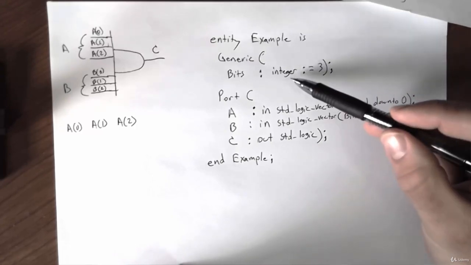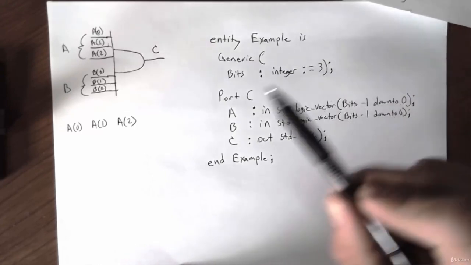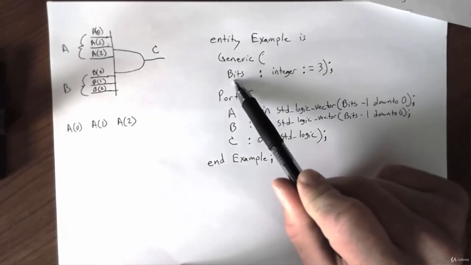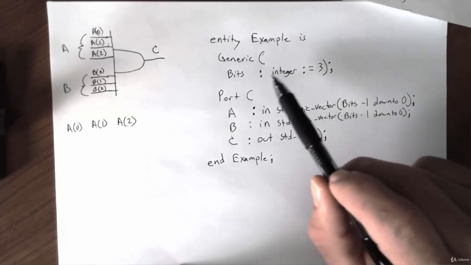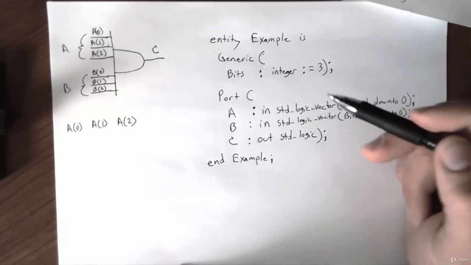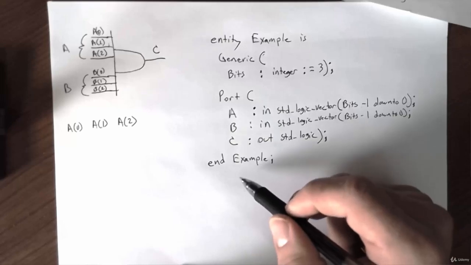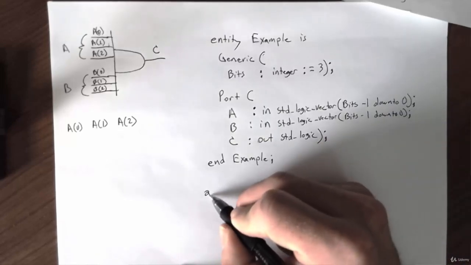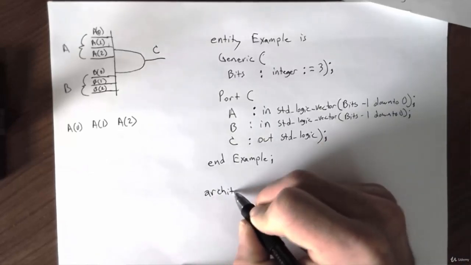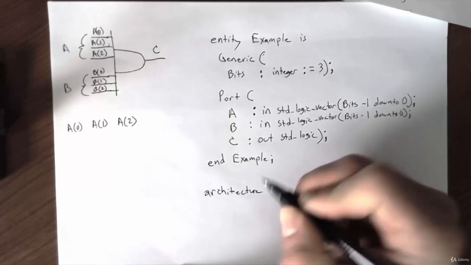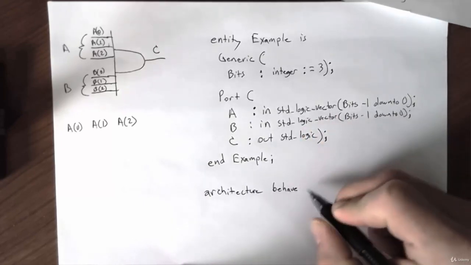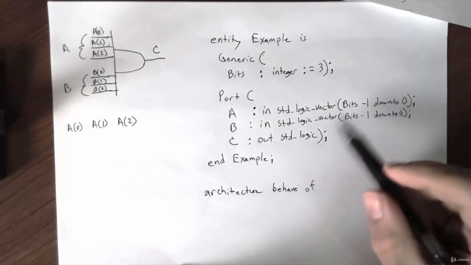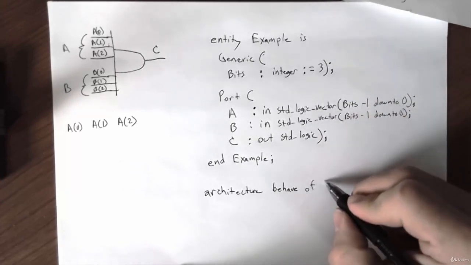And what's more powerful is when we do things like component instantiations, we can pass this generic into our design, this bits, from a higher level design, and it trickles down so you don't even have to make any modifications to this specific design. And to finish this design, we'll go ahead and do the architecture quick. So we would just say it's the architecture, and then we give it a name. We'll just call it behave, and the keyword of, and we give it the name of our entity, which is example,